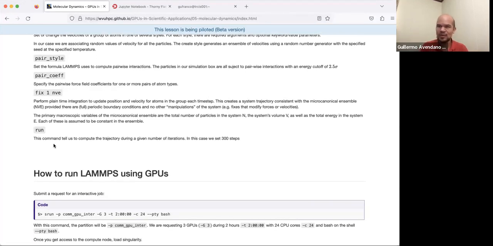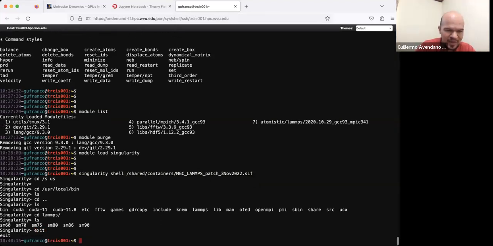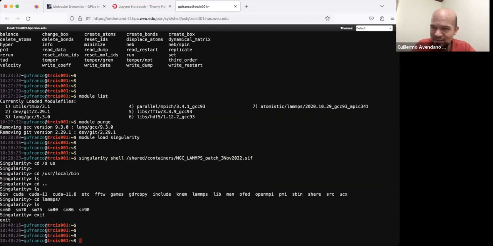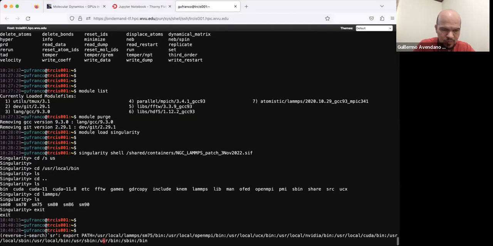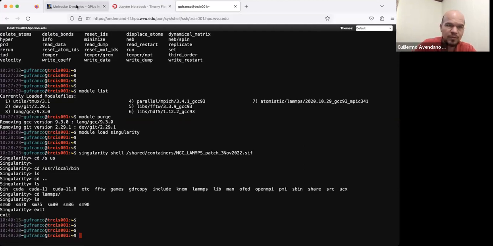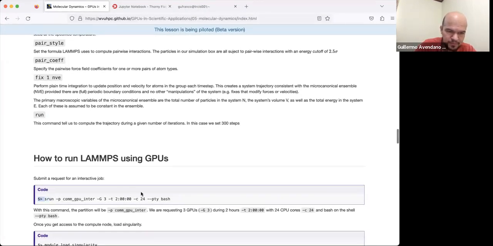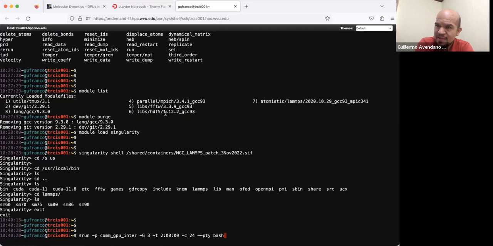So now let's go into the practicalities of that, and we will request 3 GPUs for running this. So I will be leaving here. I am back on the head node, and I will be doing this interactively for this case. Okay, this is a very generic line for requesting GPUs